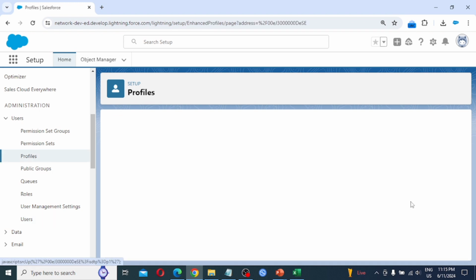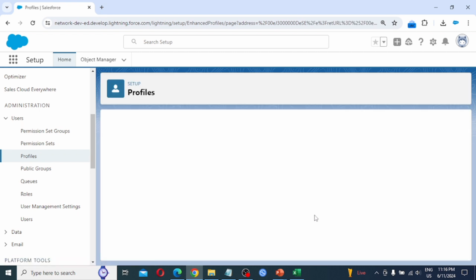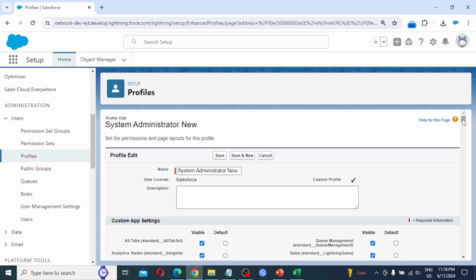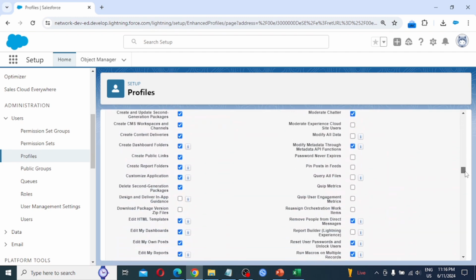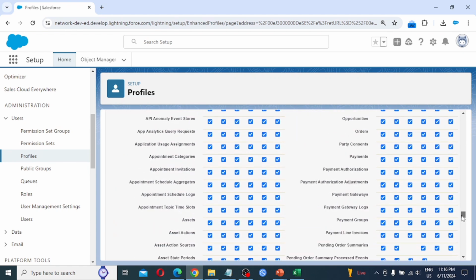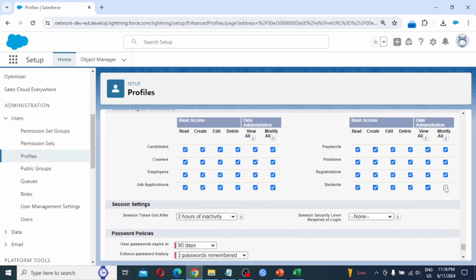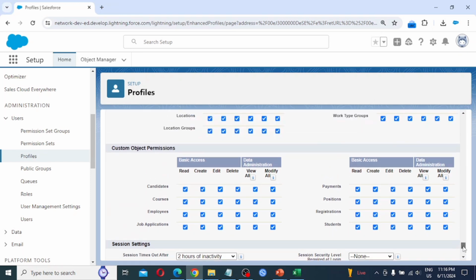So click on this profile, click on edit, scroll down, and in the custom object permissions, here is the custom object permissions, and here student is there. If I uncheck all of these: read, create, edit, delete, view all and modify all,